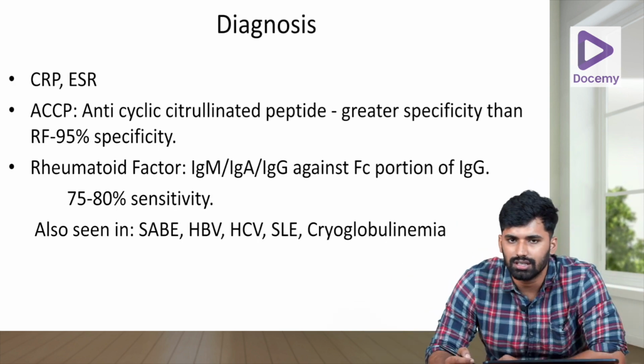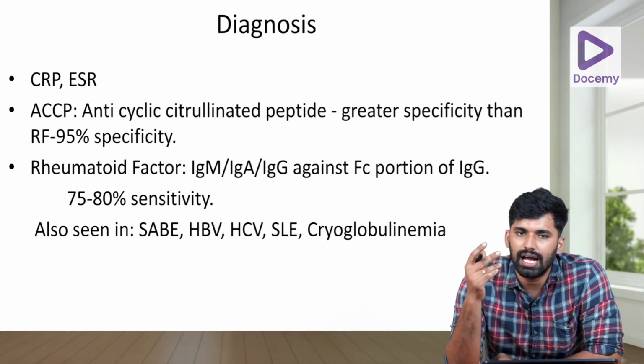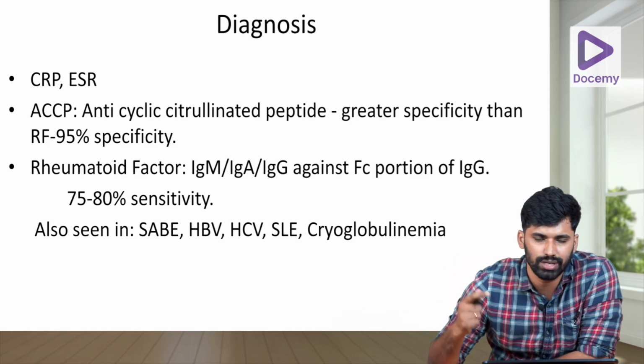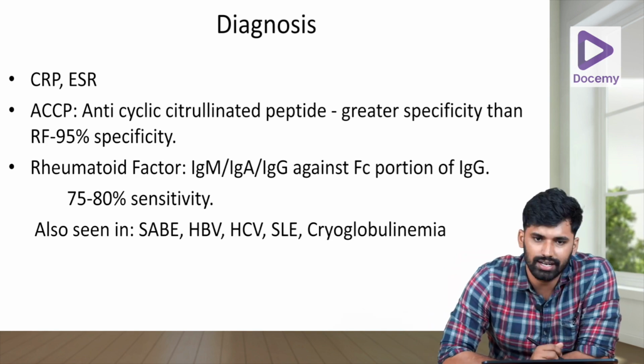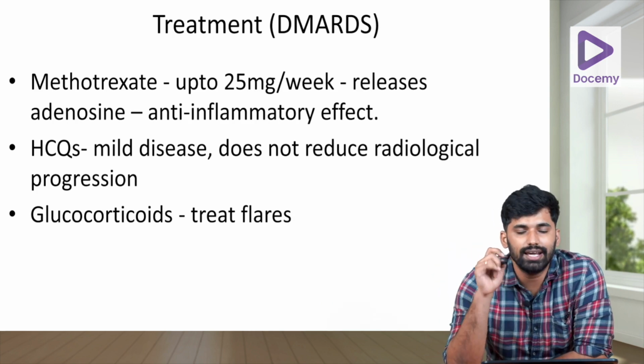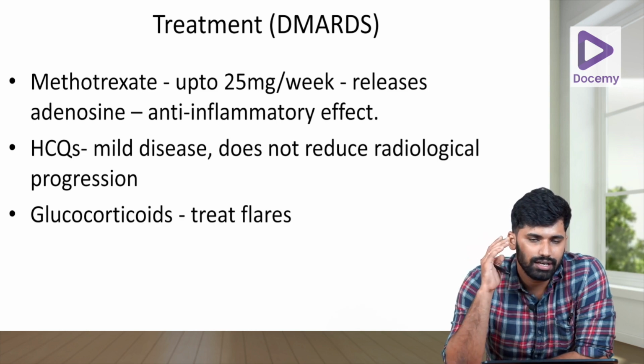So diagnosing it requires the classical presentation like symmetric polyarthritis and the presence of antibodies such as ACCP, anti-cyclic citrullinated peptide, and rheumatoid factor. Treatment is with the help of DMARDs, disease modifying anti-rheumatological drugs like methotrexate, leflunomide, sulfasalazine, and